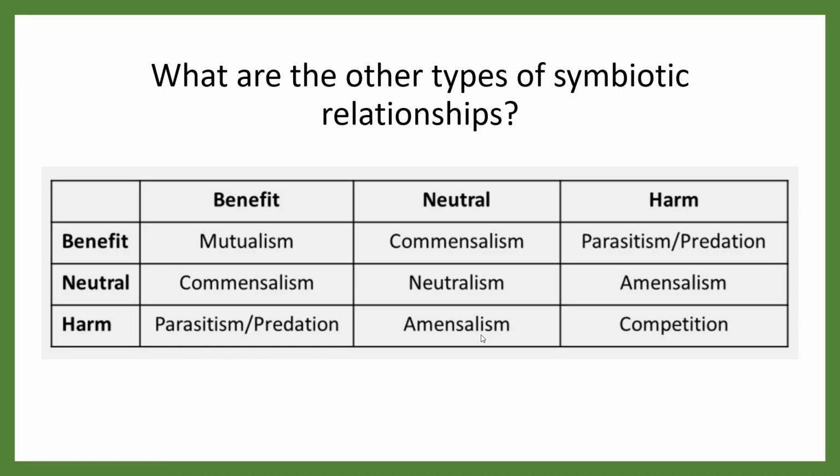One you could use is a certain type of fish called a goatfish. What it does is it scavenges around at the bottom and stirs up the sediment, and it makes the water very cloudy. When it makes the water cloudy, it has a negative effect on things like cod that you need to see in the water. So a negative effect on the cod, and the cod has no effect on the goatfish. So that's an example of amensalism. Again, we're not going to be testing that. It's kind of a fun one to know, but not a lot of good examples.